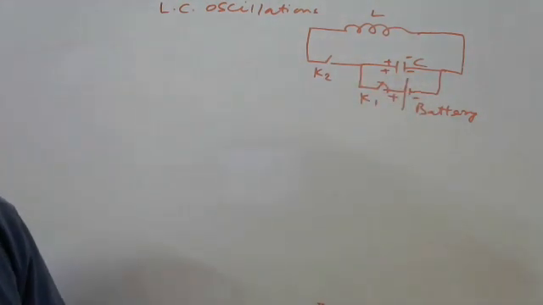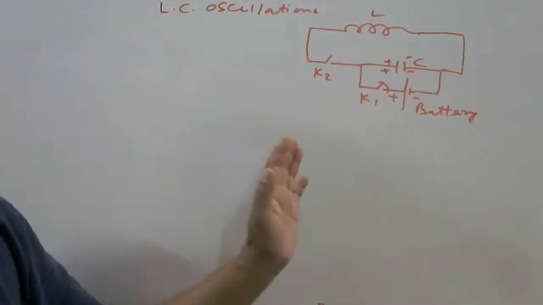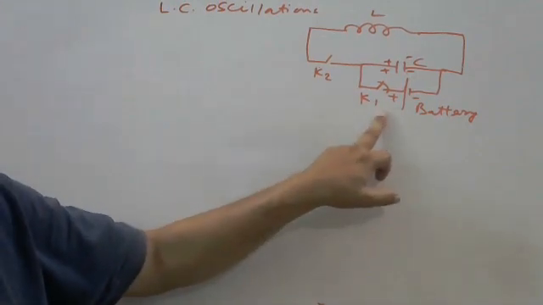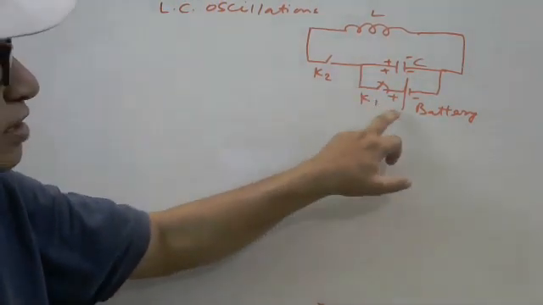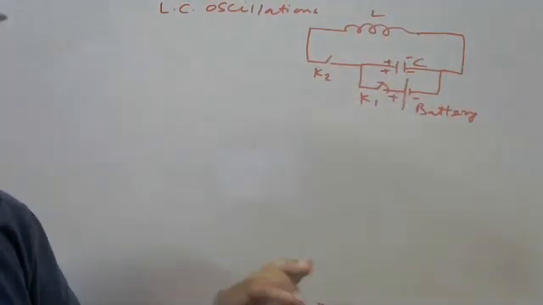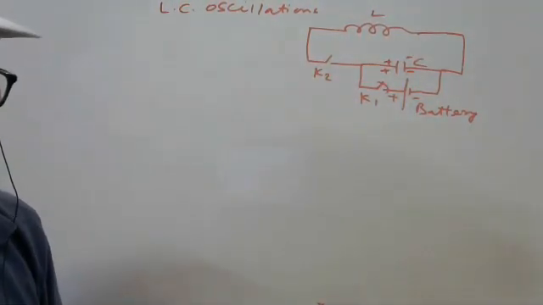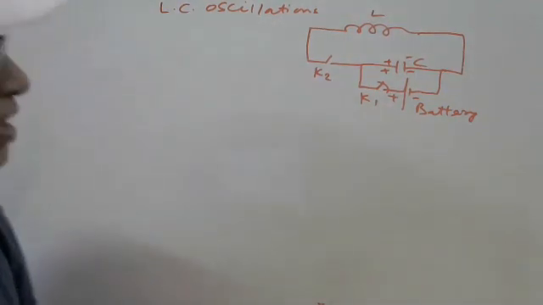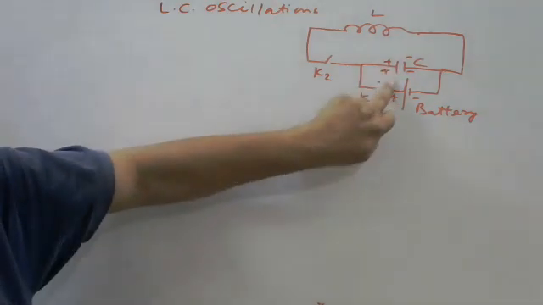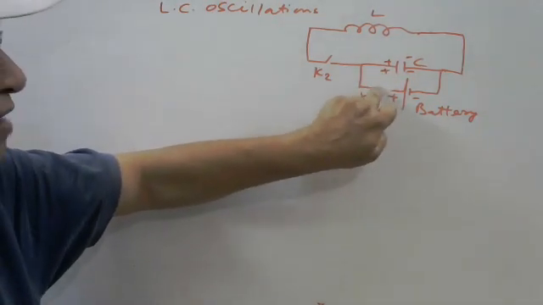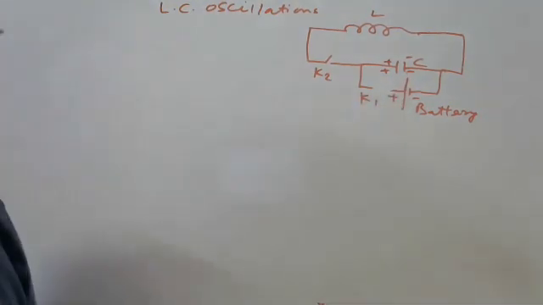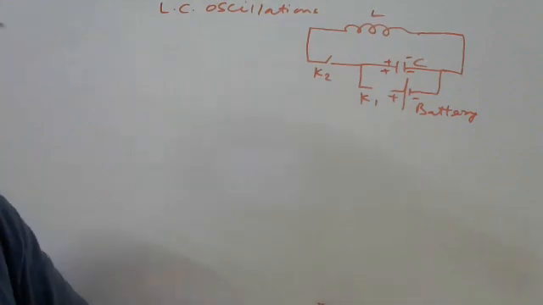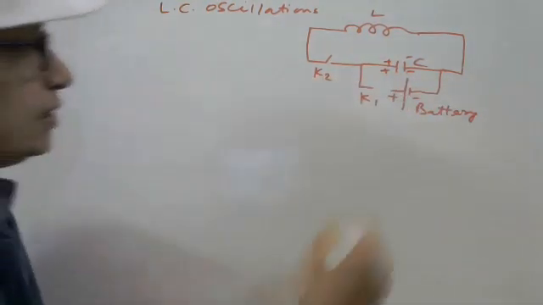of the capacitor. After getting fully charged, after the steady state condition, this circuit is open because the voltage of the battery and the voltage of the capacitor are both equal. So the resultant voltage is 0. It means no further current can flow. It means this is open, or intensely we have opened the K1 switch key, or you can say the battery is removed.